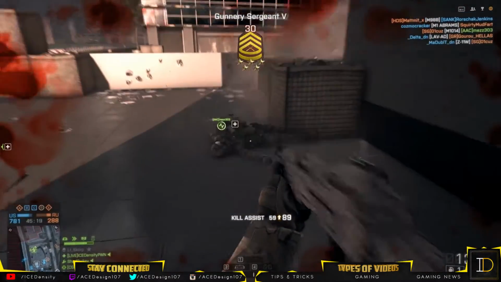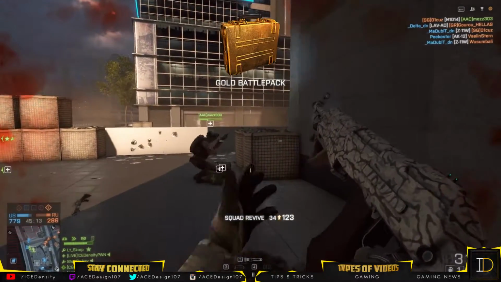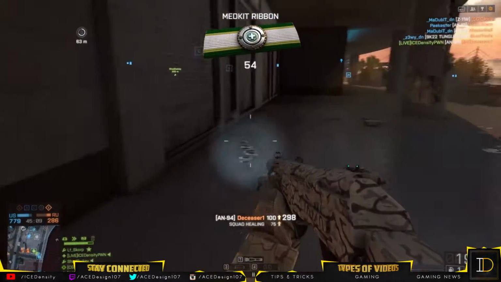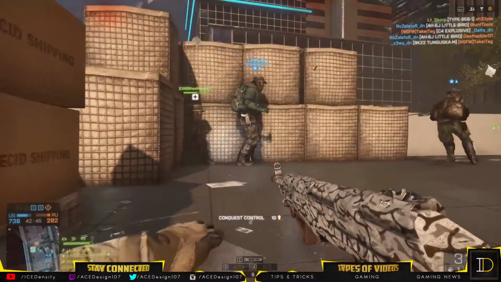Not ridiculously, but they are overpowered. Let's all admit it. And that's what they usually run. So they're usually running either a PDW, which has extremely high rates of fire, which will demolish you in short range. However, you can see here that I'm getting easy pickoffs mid to long range, and it's a great gun